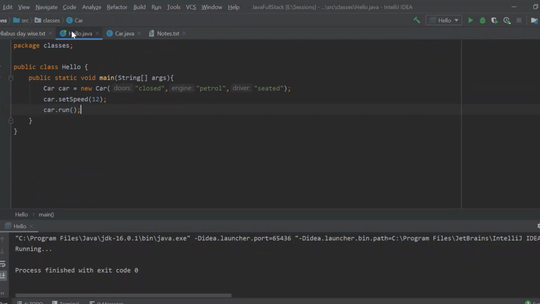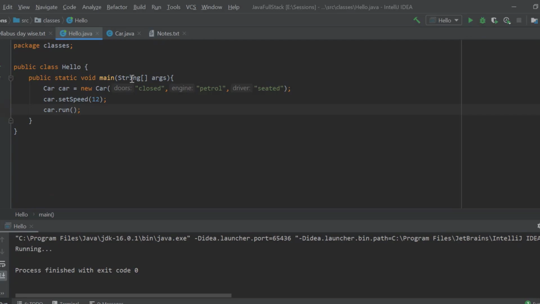As someone said, it is correct to have only 2 kinds, default and parameterized. But in the parameterized, you can have n number of constructors. You can have as many constructors as you want, depending upon your need.